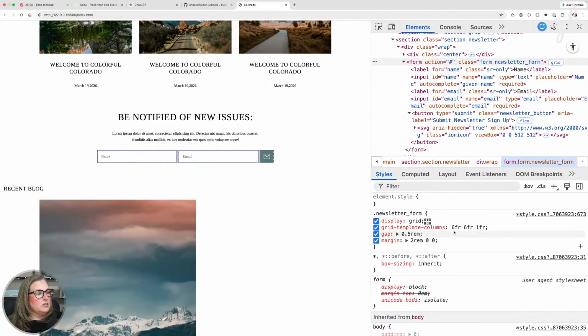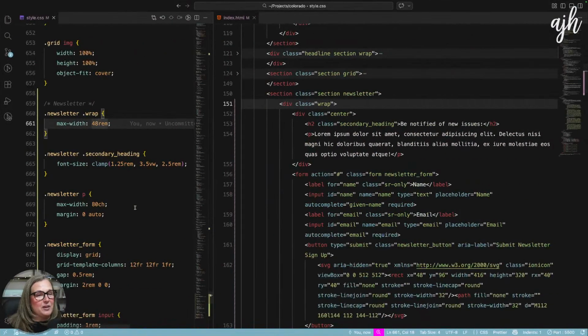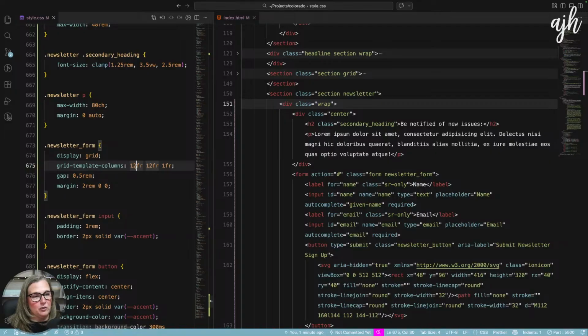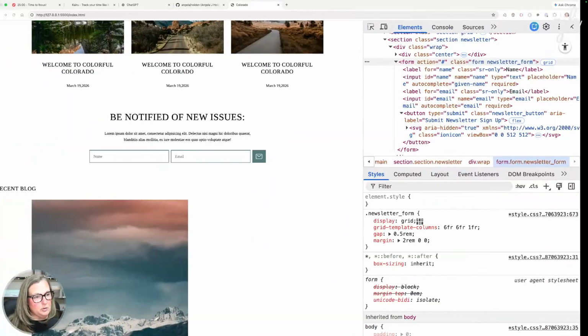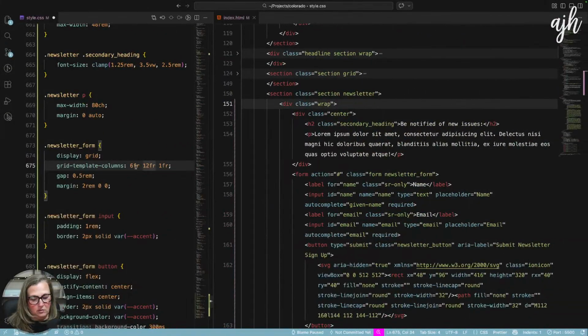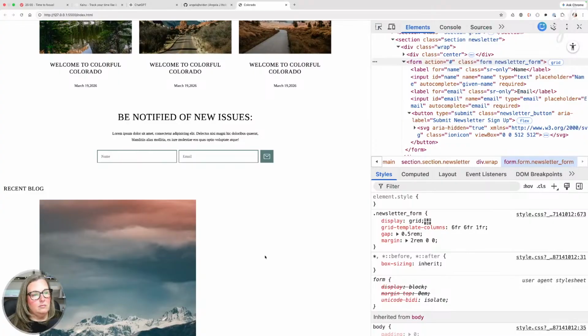So I'm going to adjust this to 6 plus 6 plus 1 equals 13. Again, I'm asking the question, is this supposed to add up to something? I have no idea. It makes no sense to me. So I'm going to have to do a little research on my own. What do we say here? 6 plus 6 plus 1. Makes sense. Make it make sense. There we go.